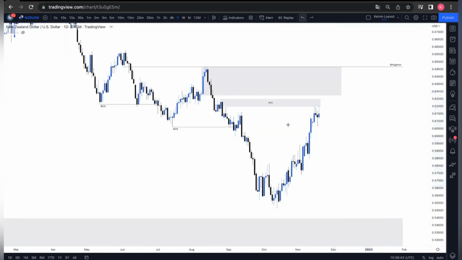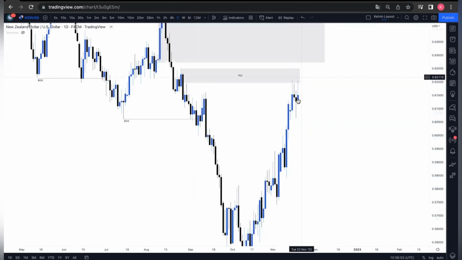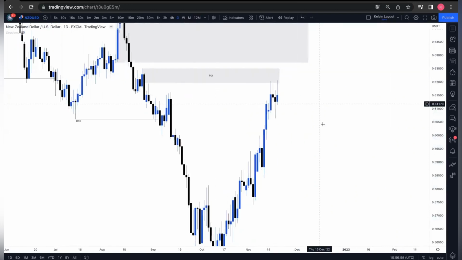So right now we're having this point of interest, this reaction, this previous supply zone right here, and pretty much we can see that yeah, price actually is having a nice reaction right here. We can see this long wick that dropped down. Price actually tapped this point of interest. We still have in mind that price is